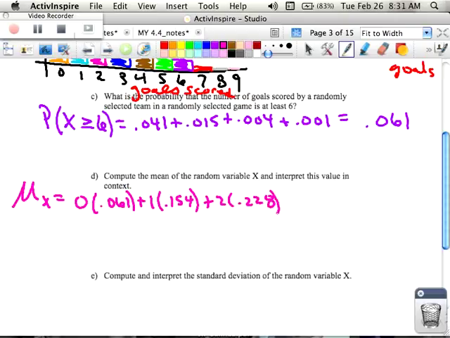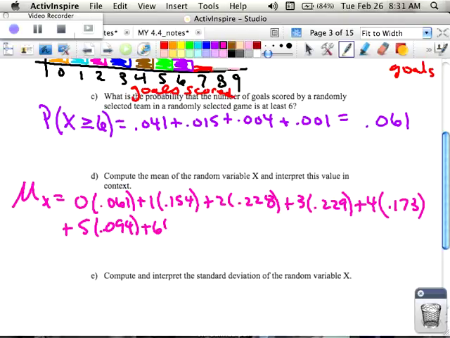These are all coming out of the table. Plus 3 times 0.229, plus 4 times 0.173, plus 5 times 0.094, plus 6 times